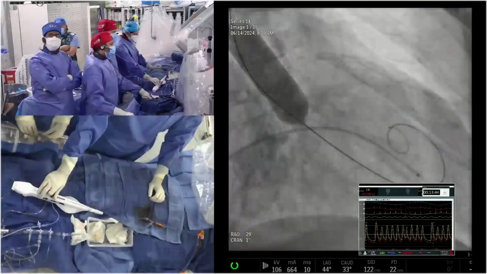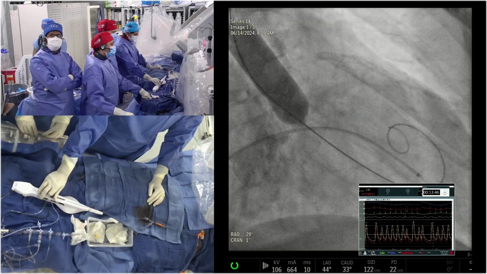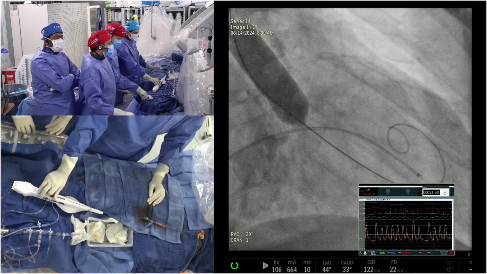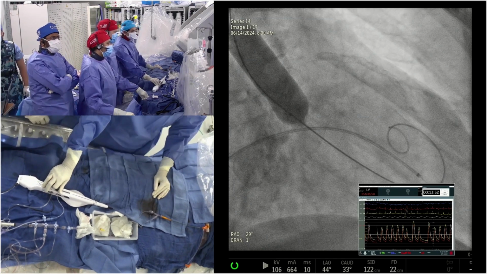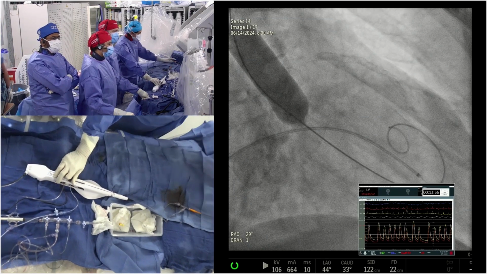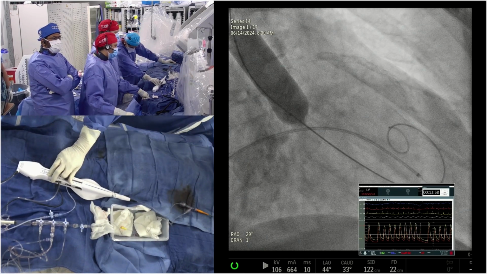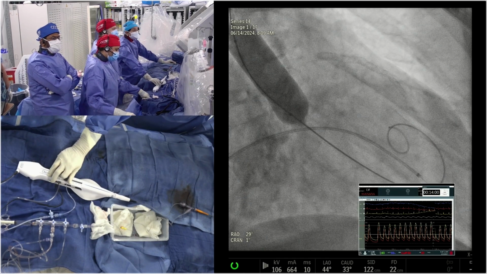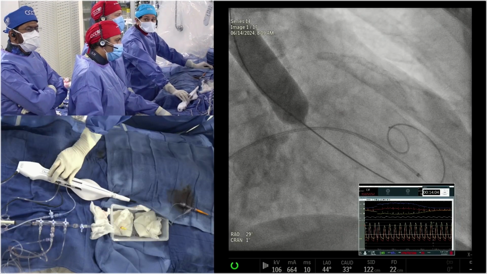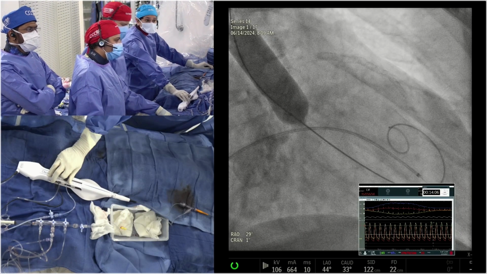So one has to be prepared with a backup plan that if this patient develops severe aortic regurgitation after the balloon dilatation, you have to be prepared for a valve implantation straight away, and then do the coronary intervention at that stage. However, usually what we do is, if we have a combined disease, typically what I do is I do the coronary first and then followed by